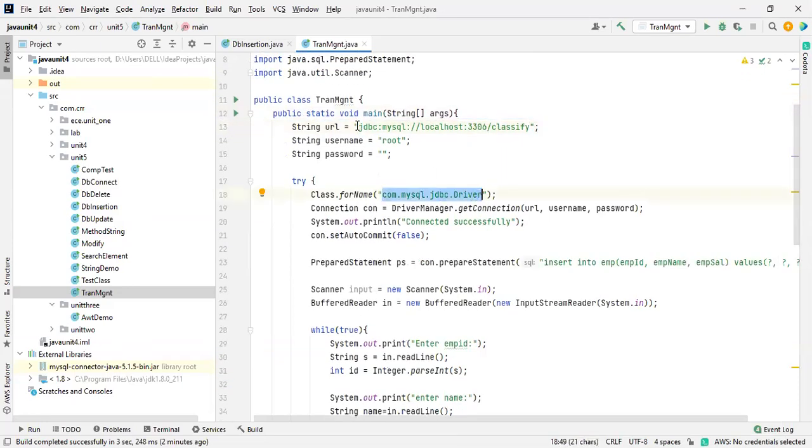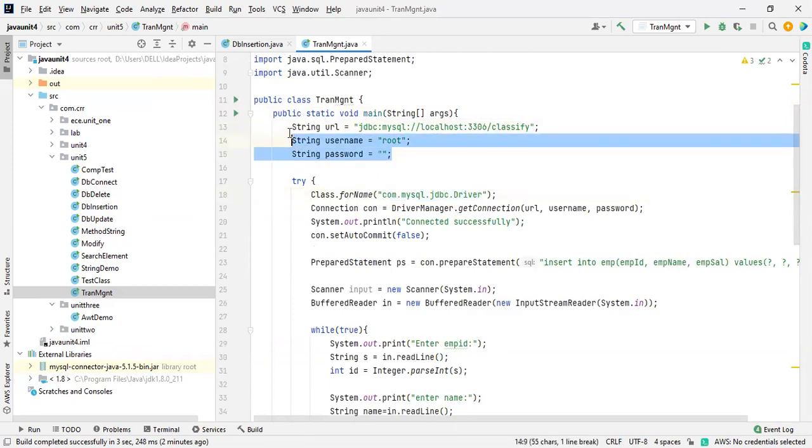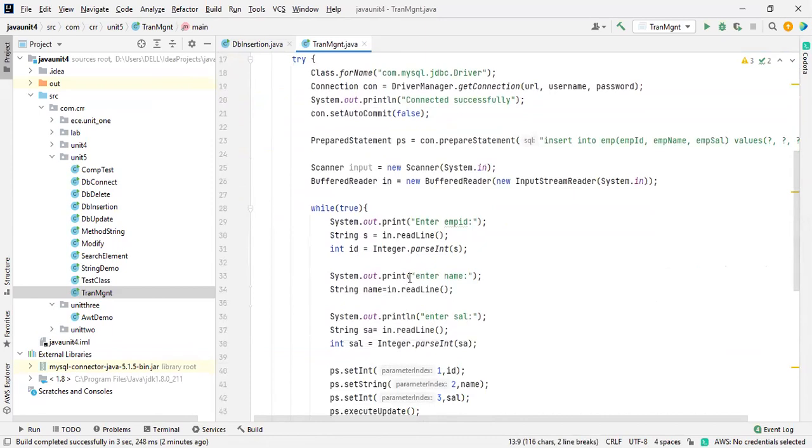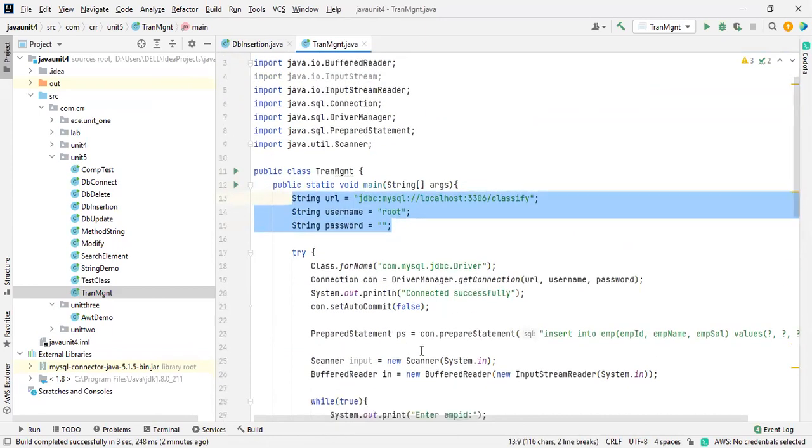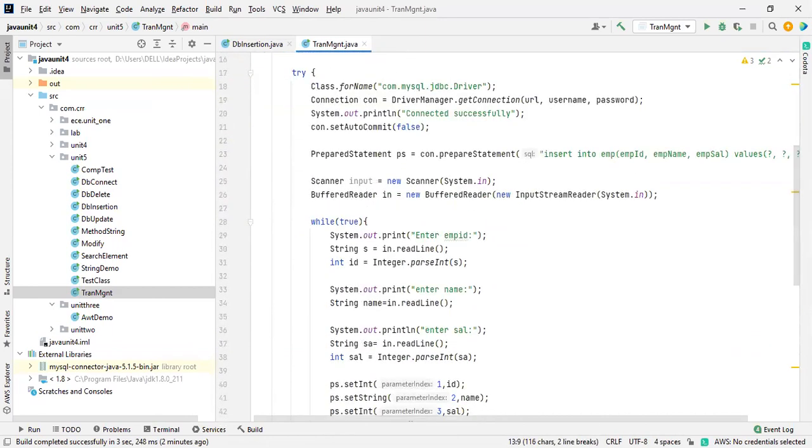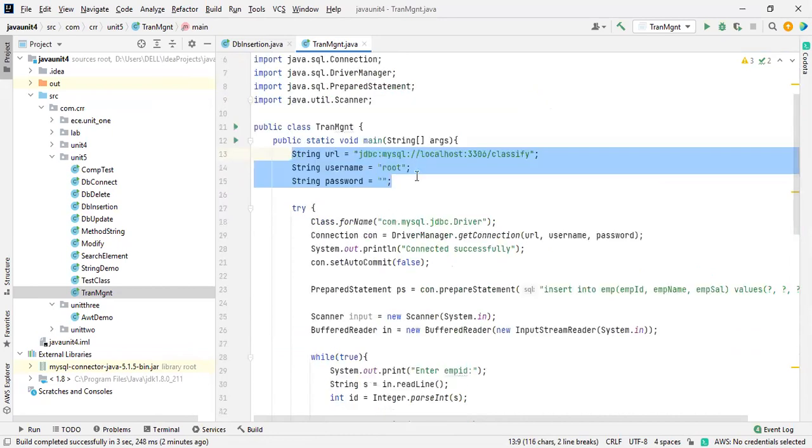Only these 2 things will change, everything else will be common. The username will be somewhat different from others, the local host may change, and the database name may change.